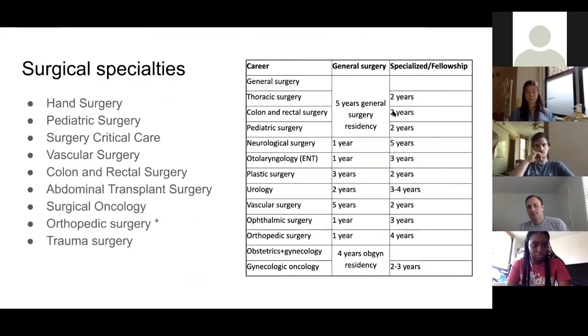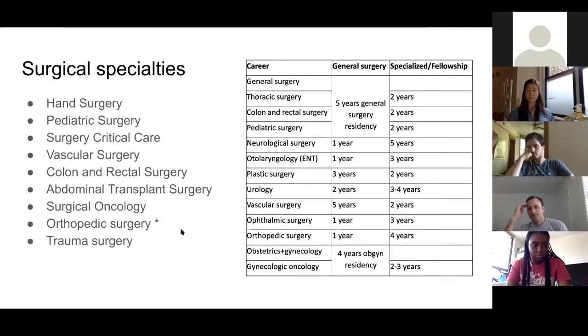Surgical specialties, unfortunately, I was unable to find a nice chart, so I made a nice Excel table for you guys. But you guys are probably all familiar with what surgeons do. Generally, it involves cutting people open and hopefully fixing things. But there's a lot of subspecialties here. I've listed some on the left, and then you see on the table on the right,